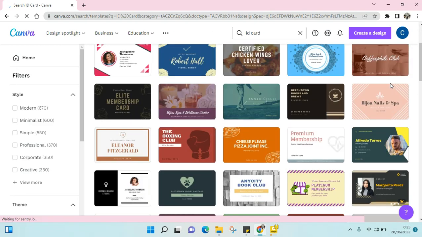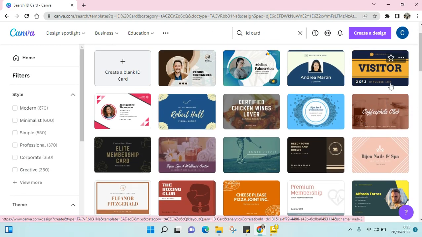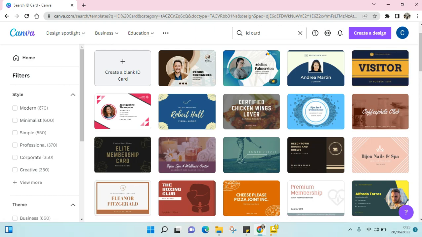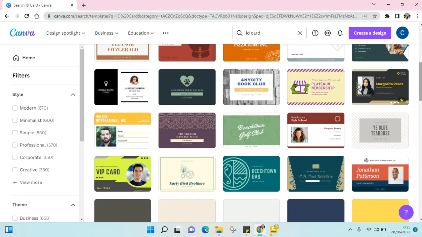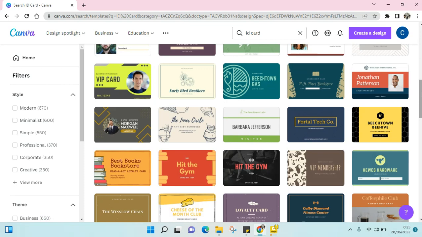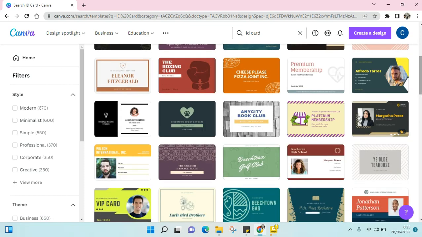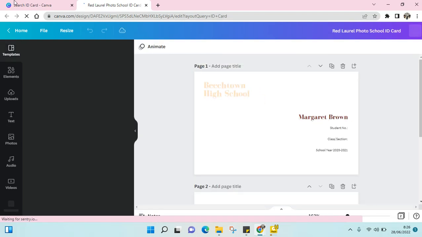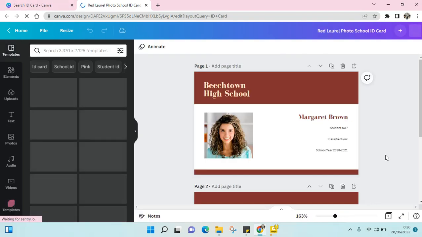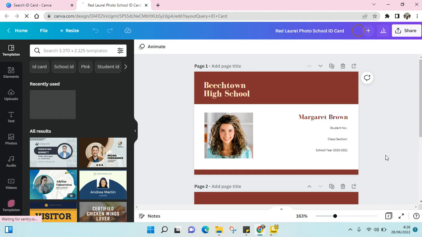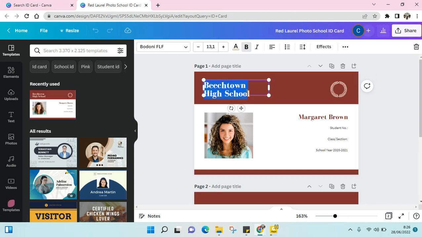Okay, as you can see here, there are a bunch of ID card templates that you can use, and then you can just click on one that you think suits you the most. For example, I want to use just the simple one like this. Okay, this is the ID card for high school, but if you want to change it, just click on this